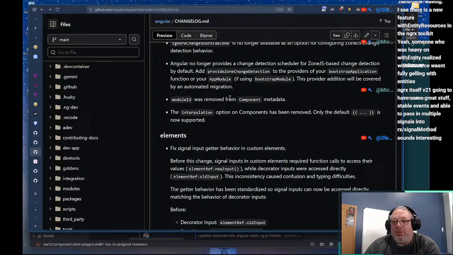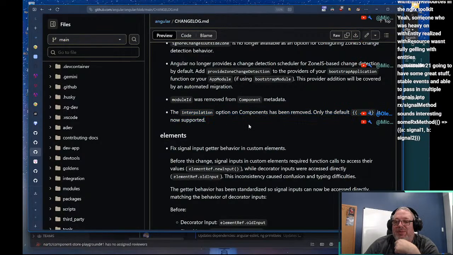Module ID was removed from component metadata. Interpolation option on components has been removed. Only the default is now supported. This is cool. And I think it's probably one of the least used features before they removed it. But in the past, you could set what symbols were used for interpolation.